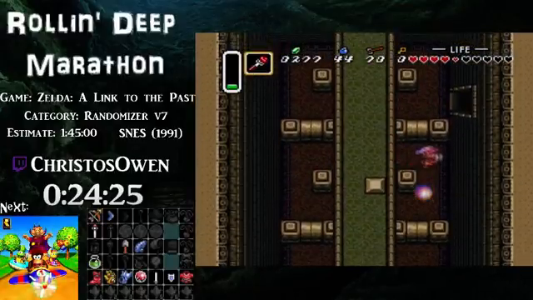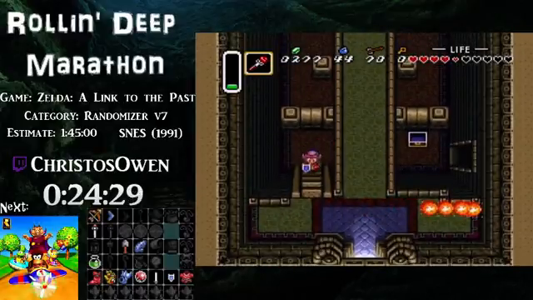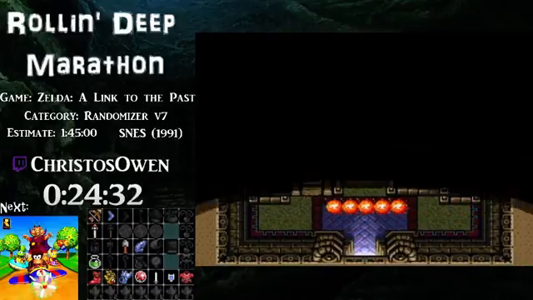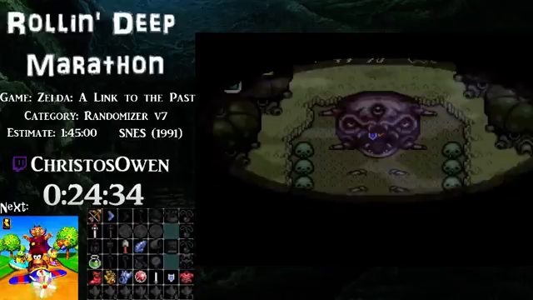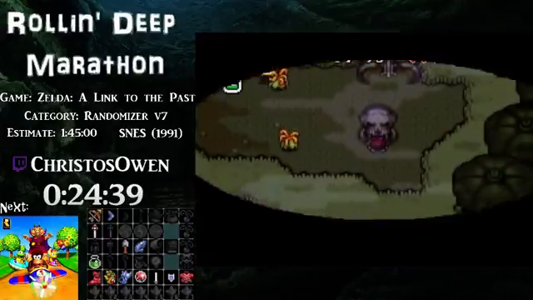I wonder if a death warp would have been quicker here. Well, this is really bad routing, actually. Although, if it turns out being the big chest, then this is god routing, so...